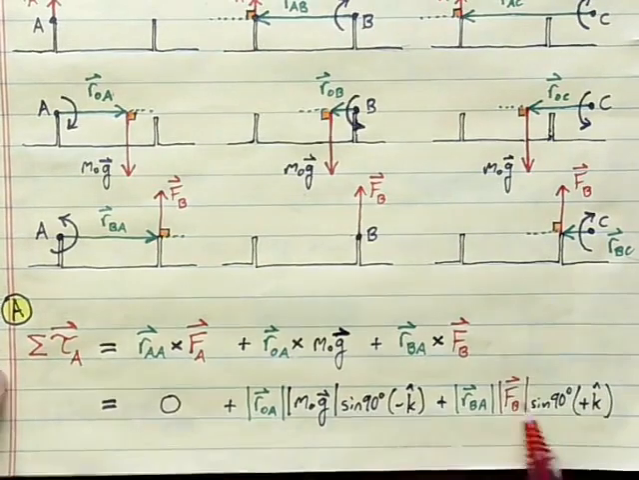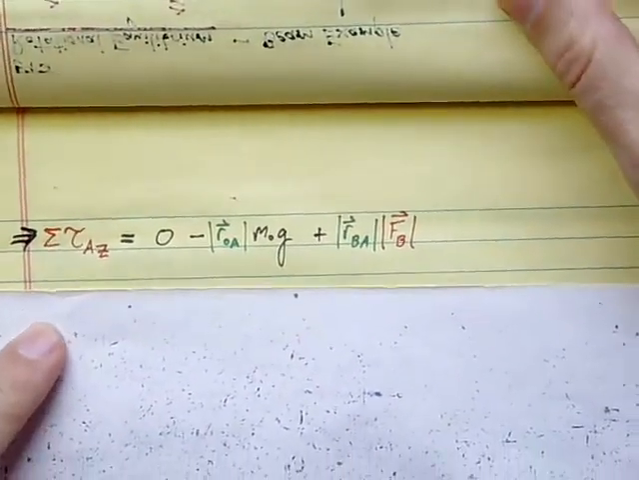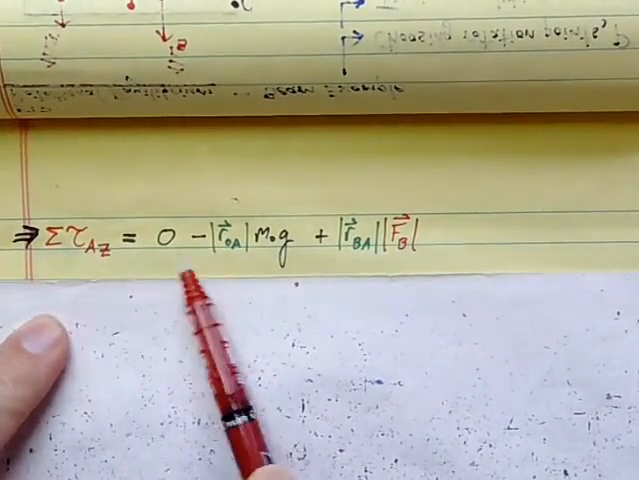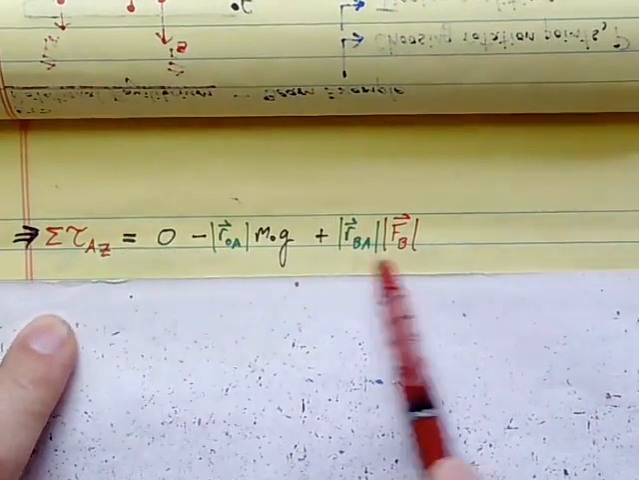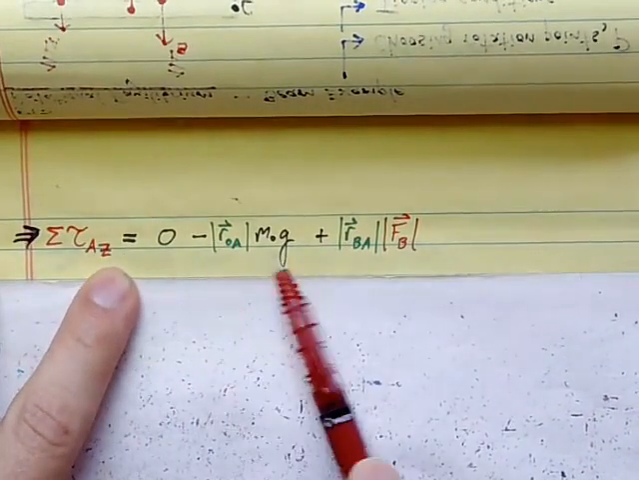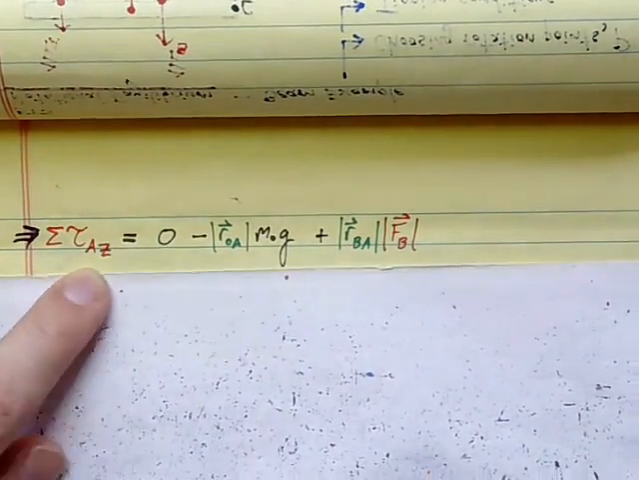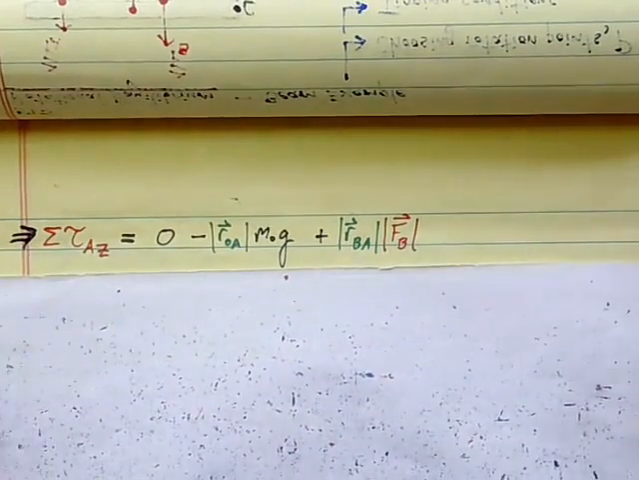Okay, so simplifying this, we would write that the net torque about point A in the z direction, so the z component of our net torque, is given by this sum here. One negative torque, clockwise, and one positive torque, counterclockwise. All right, so there's our net torque with respect to point A, but we're free to choose any point to